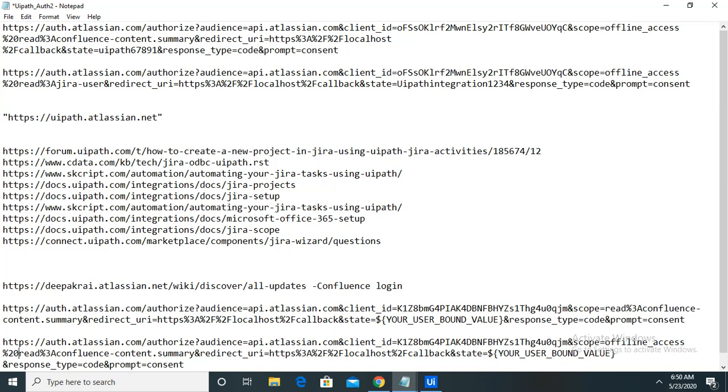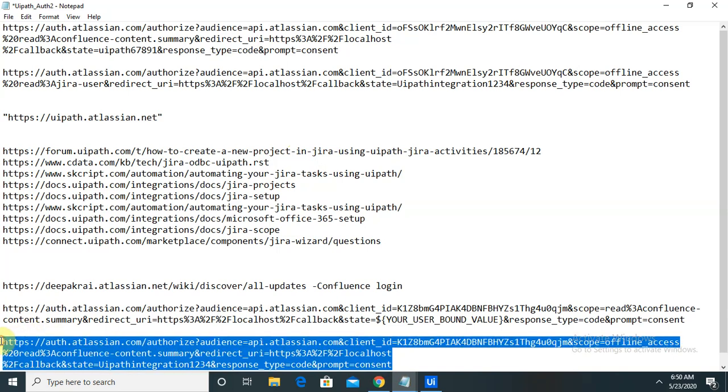So we just have to write offline_access %20, then read. Next we need to remove this and provide a unique name, UiPath integration 1 2 3 4.